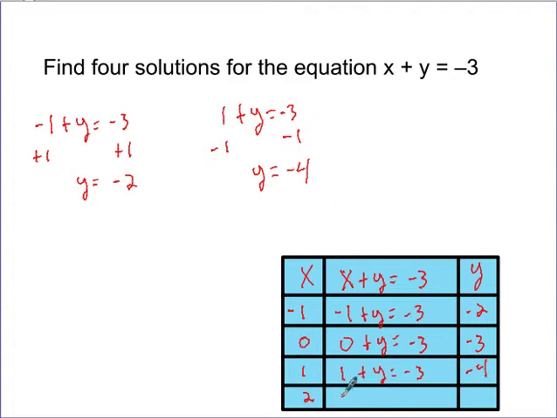And then 2 plus y equals negative 3. And to solve this one, of course, we would subtract 2 from both sides. Negative 3 minus 2 is going to be negative 5. You may notice that you begin to see a pattern down this side, which is exactly what you should expect